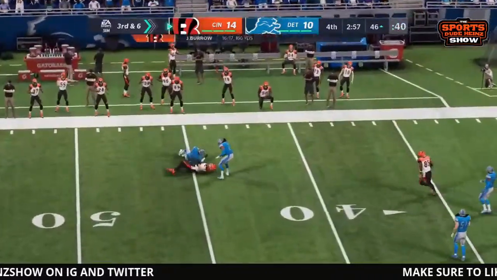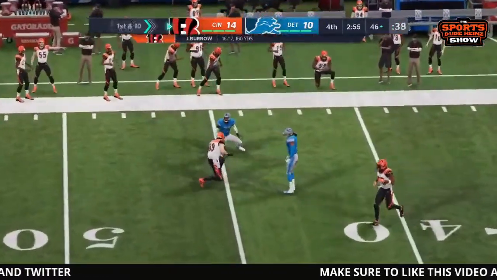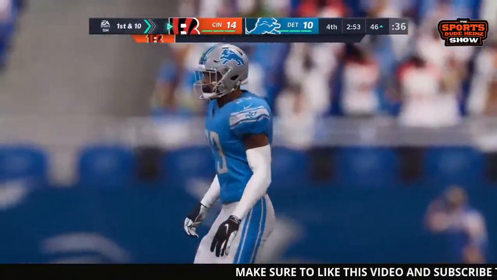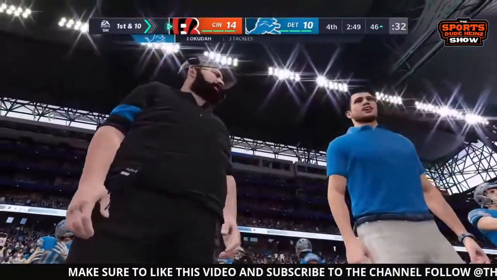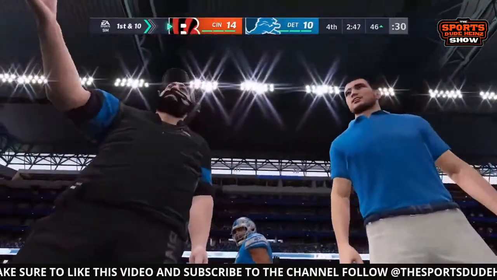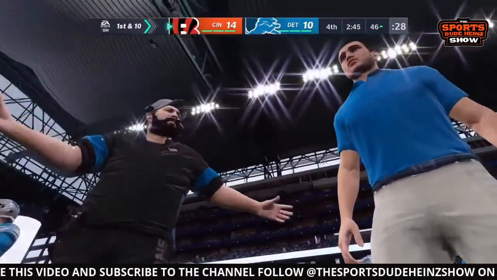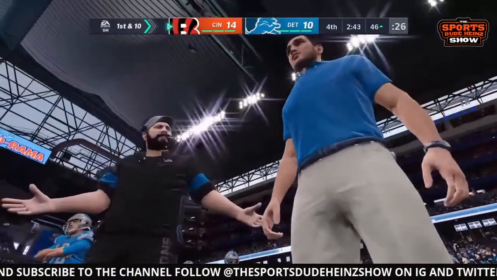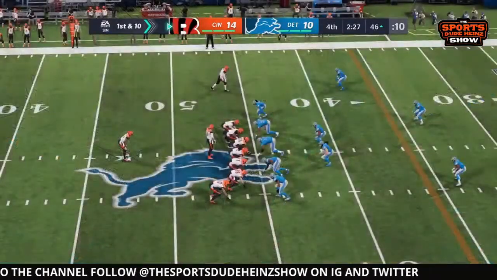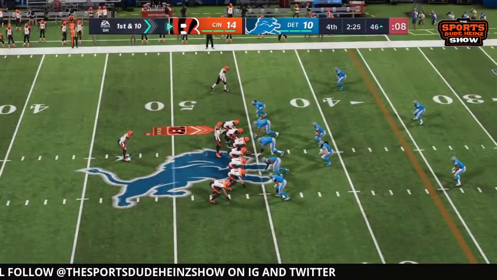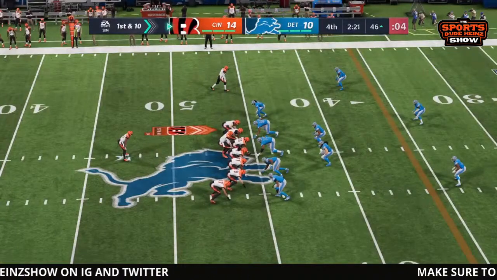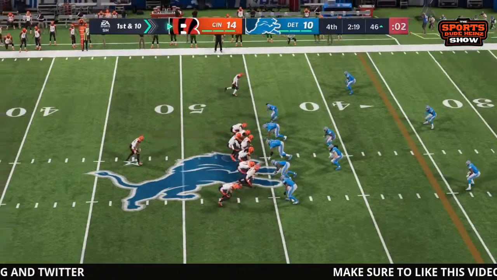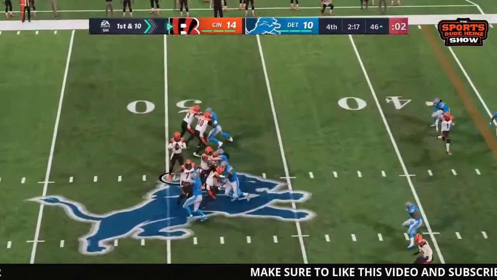Drew Sample gets a nice catch there, pickup of about 10 yards or so, gets enough for a first down. Sample has 3 receptions for 30 yards. Taking time off here, which is